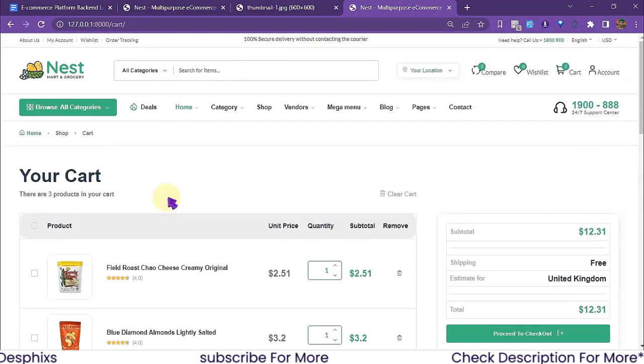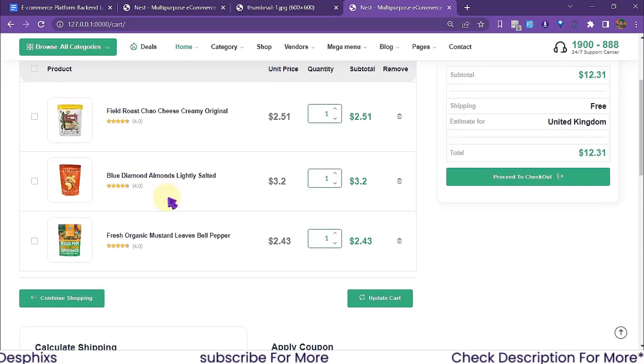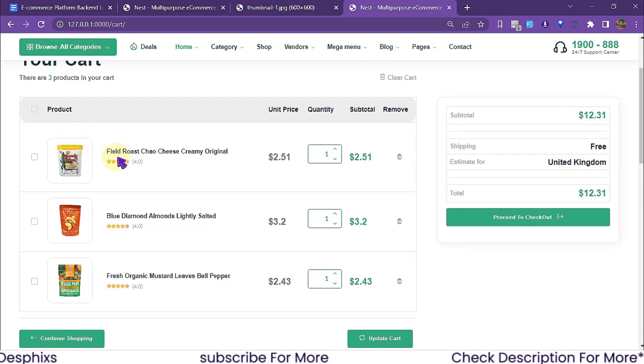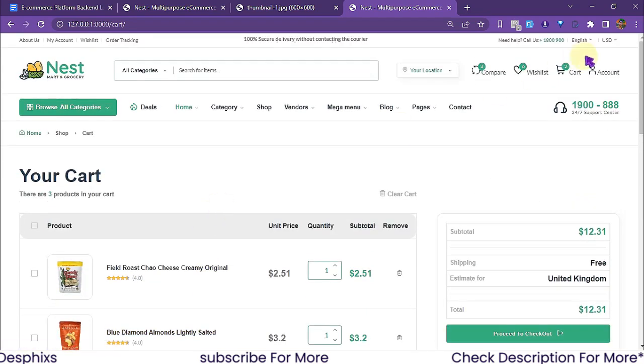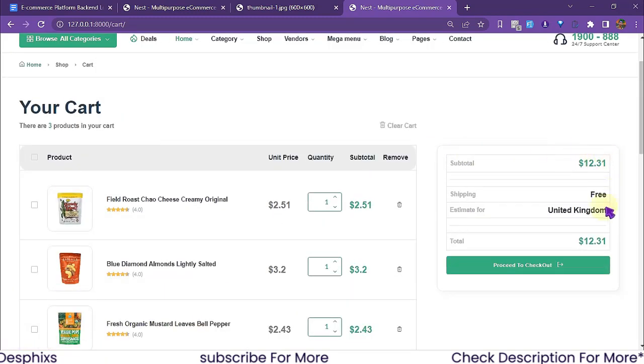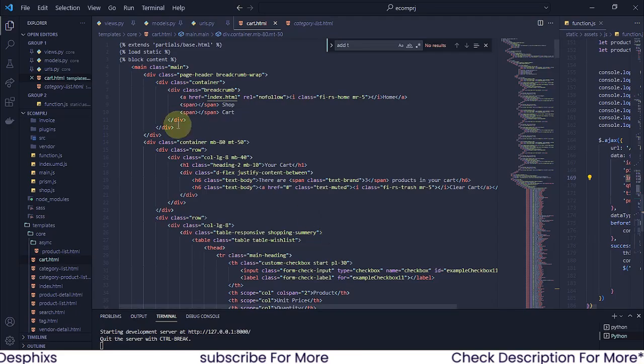Okay, so as you can see, that's pretty much everything that we got. Now let's go ahead and get a couple of things. We're going to get all this data. So you can see we got 2 things in our cart, which means we should have 2 products over here. We're going to get the subtotal, we're going to get the total and everything, and that's going to be pretty